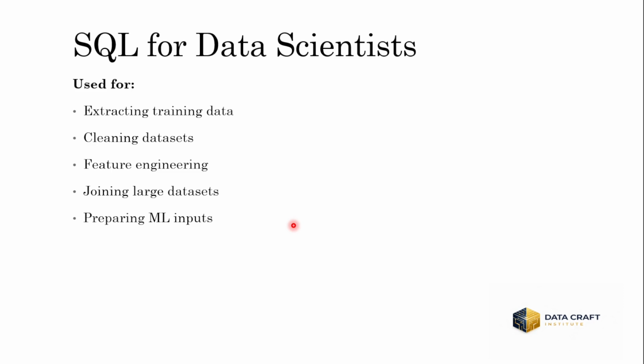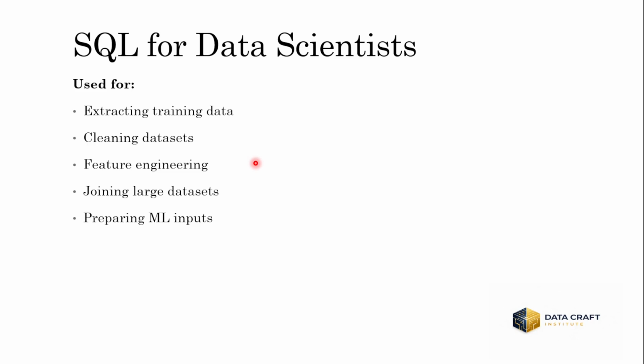Now, SQL for data scientists. Even data scientists rely on SQL. Before any model is trained, SQL is used to extract, clean, join, and shape the data into usable and reusable features. In data science, there is a popular saying: garbage in, garbage out. So SQL is used to extract training data, clean the data, remove null values or duplicate records,